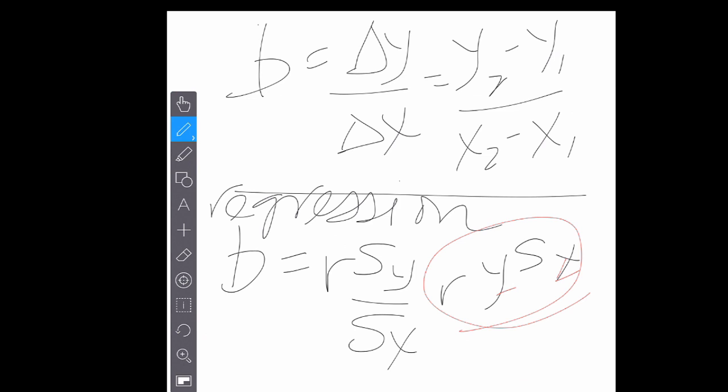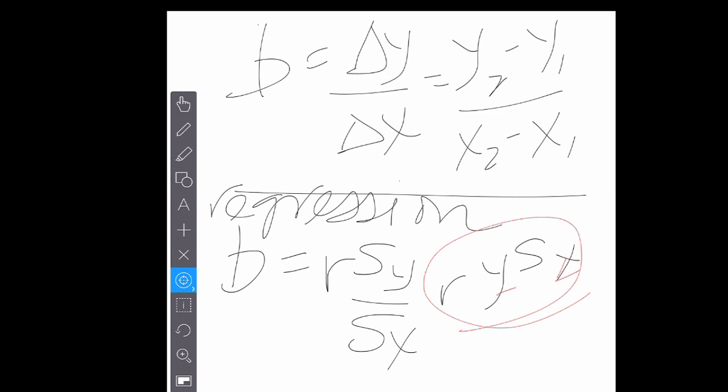Remembering the word risk will help you remember that you put the sy on top of sx, because y comes before x. Okay? So you don't need to know how to calculate the slope. You don't need to calculate the equation of a line with 2 points, because maybe the 2 points of the regression don't even lie on the line. They might just be around the line. So you're not going to use this approach. In statistics, we use this approach for the slope. Okay? And then from there,